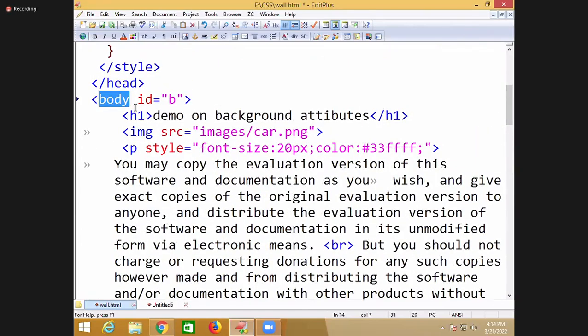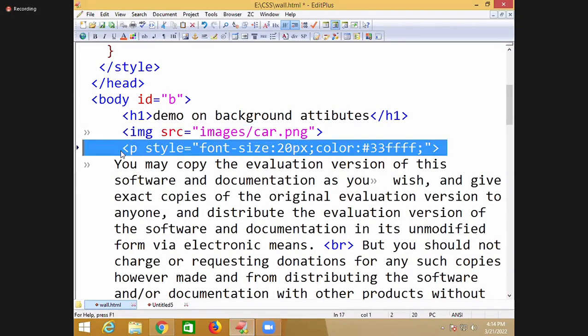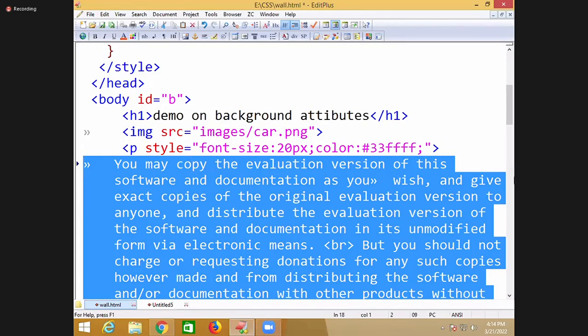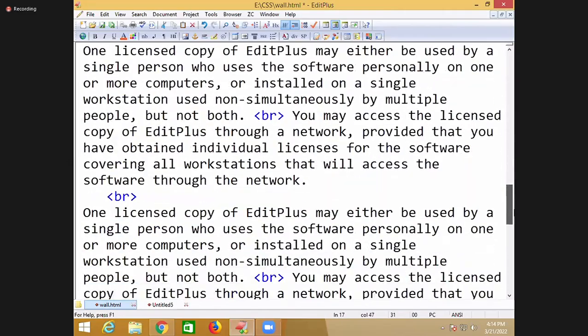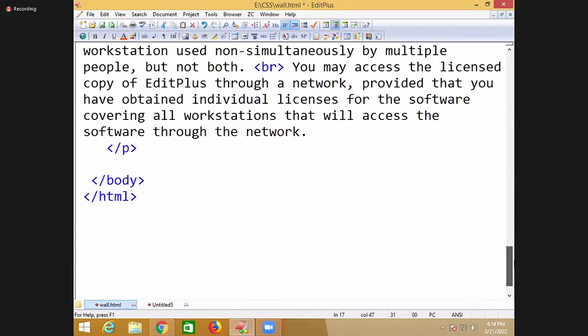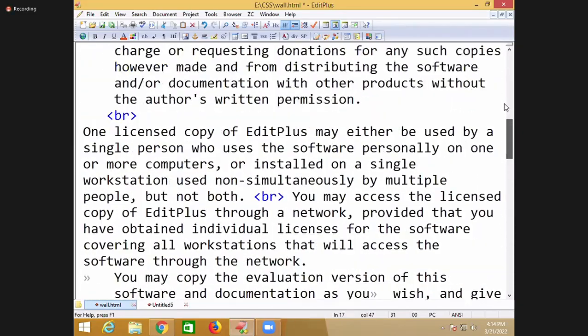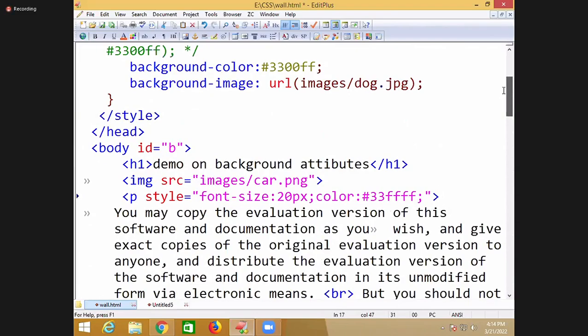Now see the starting of the body. The body tag, ID equals to B. It's my ID selector. B is the ID selector designed at the top of the program. This is one image and this is the paragraph. So this is the total paragraph. All these are paragraphs. So a simple code. Once, if you observe this code,